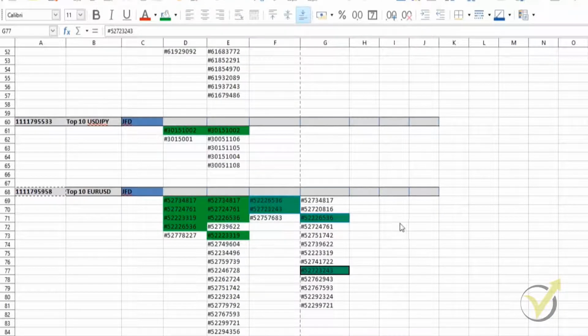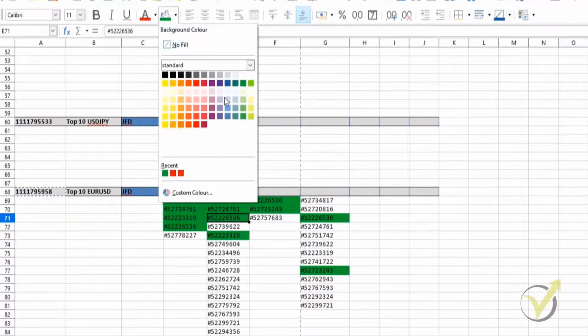Okay, so now once we've selected these two, what I'm going to do is I'm going to compare them to my expert advisors that I have on the live account. Now I don't need to look at my live account because I have it here on the spreadsheet. So what I'm going to do is I'm going to check this 536, is it here? Yes it is, it's here. So what I'm going to do then is I'm actually going to make this one a slightly different green.